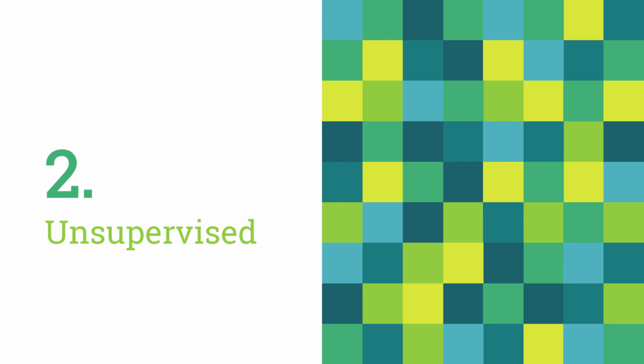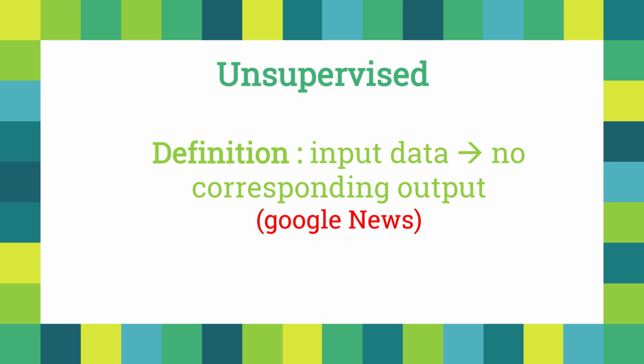A simple example would be Google News. It takes a collection of many different news articles and finds a way to automatically group them into groups that are somehow similar or related by different variables. It goes through different articles and determines this belongs to the political section, this belongs to the entertainment section, this belongs to the sports section. There is no one person actually going through this manually and determining that this goes to this category or that goes to another. It happens automatically through machine learning.